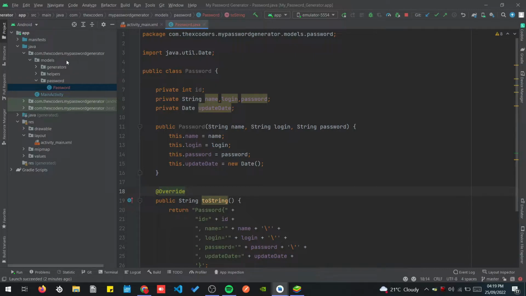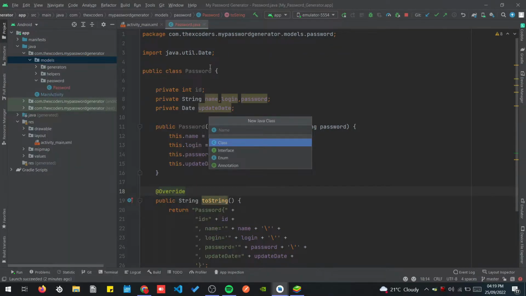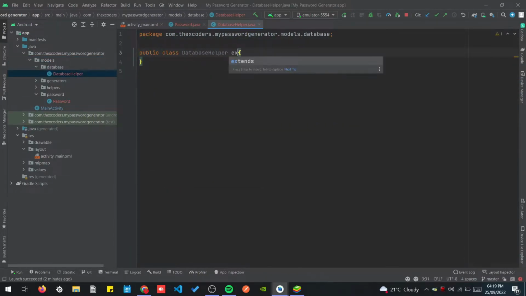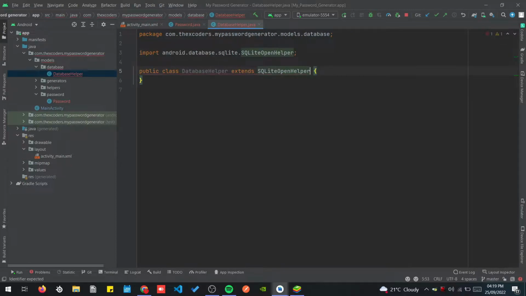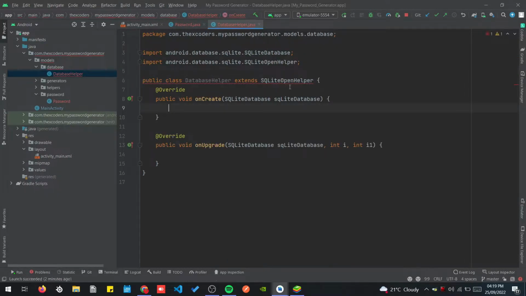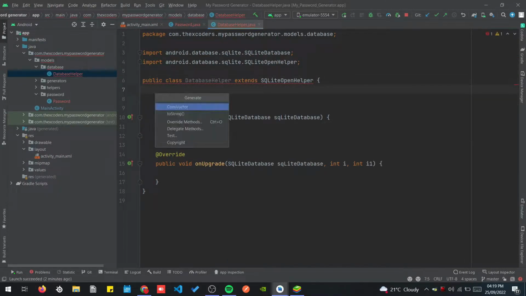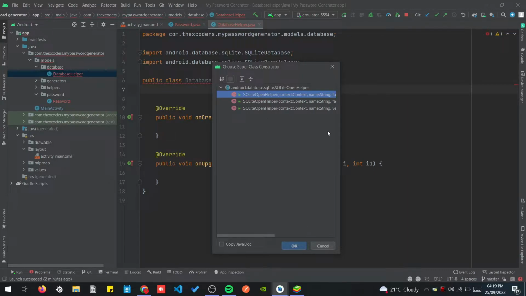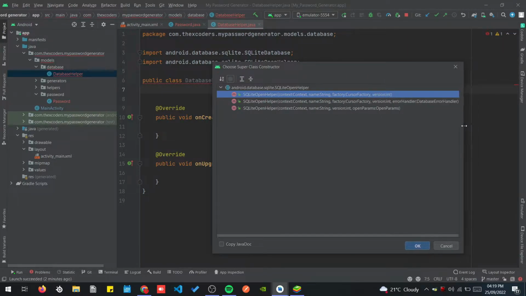Now that we have this, we'll need to create our database helper that would create the database and then insert and read the values or the rows from the database. Let's do that. Package, or let's do class DatabaseHelper. This class should extend SQLiteOpenHelper, which is a predefined class. Implement these two, and then we are going to create a constructor. Let's take this one,